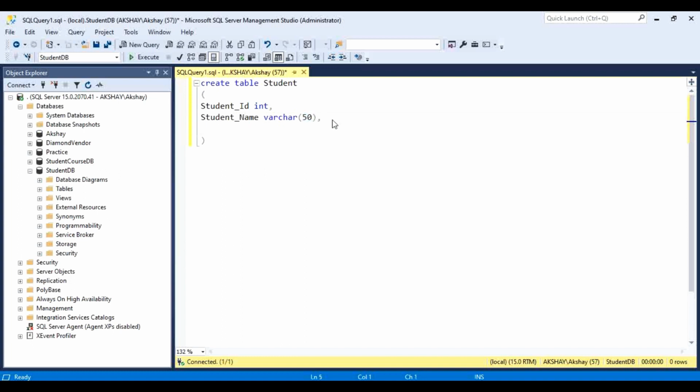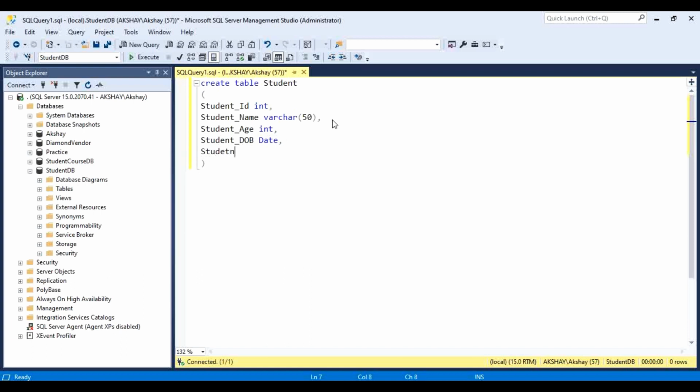That is 50. And another column I want is student age maybe, and let me take integer as a data type. After that I want student DOB here, and for that I will use this data type here.